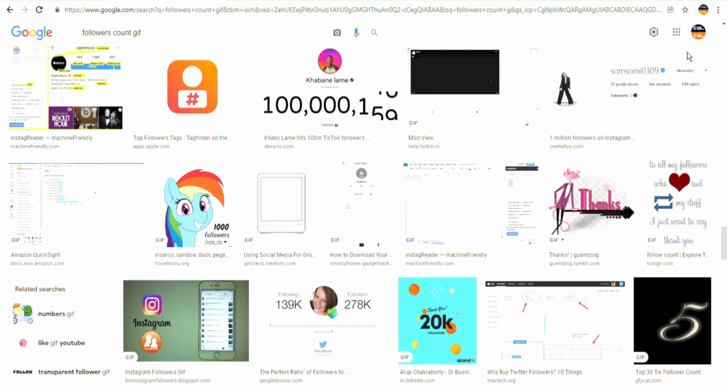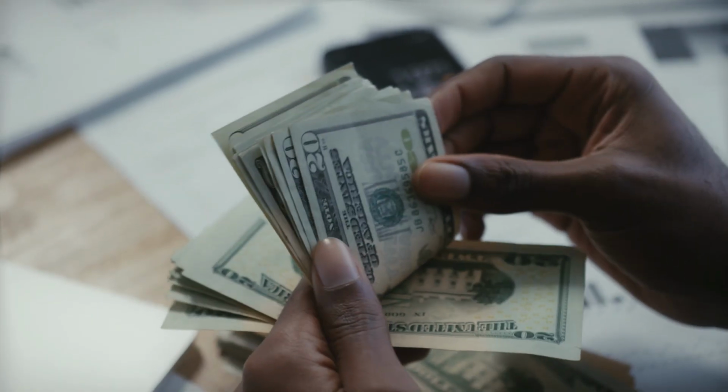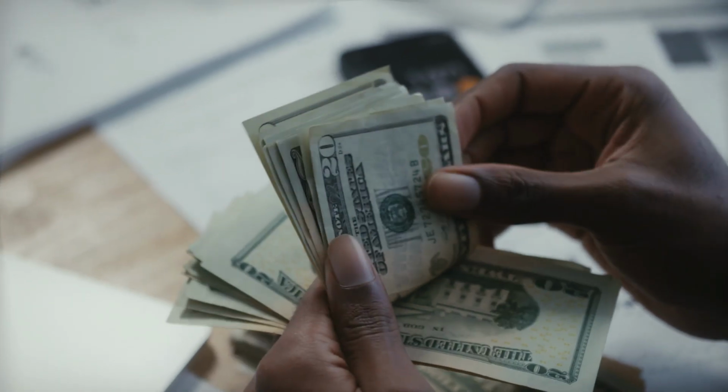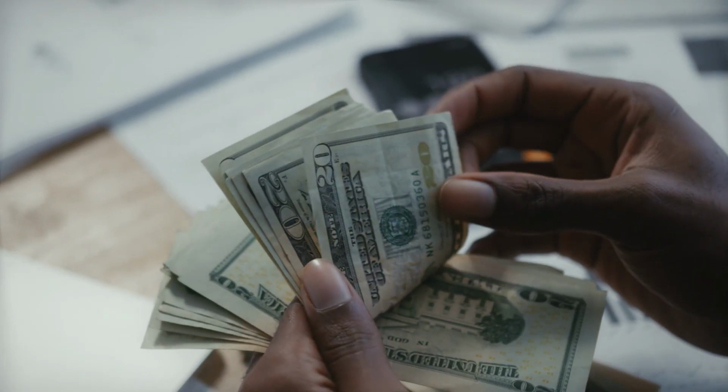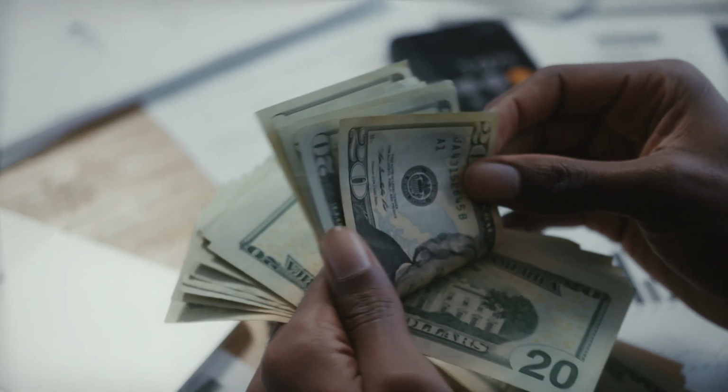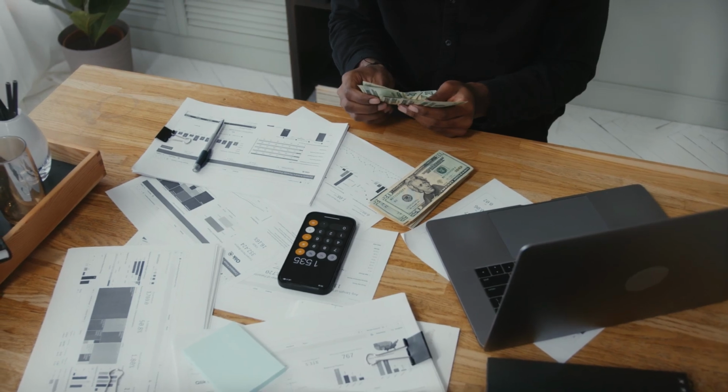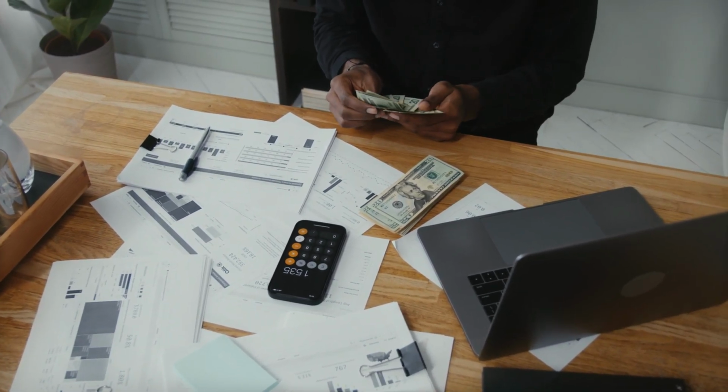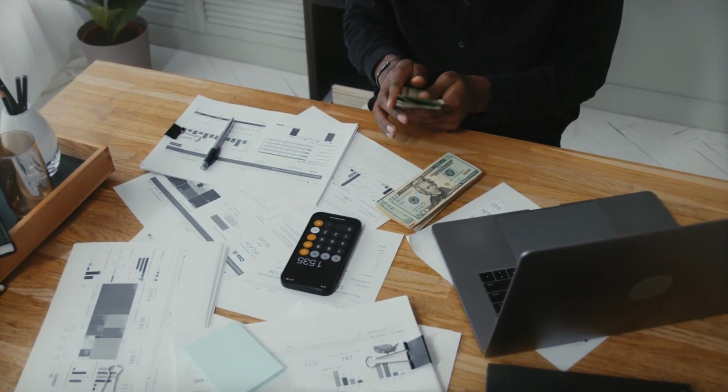Just take a look at all of my earnings from doing this strategy. As you can see here, all my payments are going directly into my PayPal account. If you don't have a PayPal account, you can simply sign up on their website for free. I won't go over that since it's really simple and you can always search that on Google.